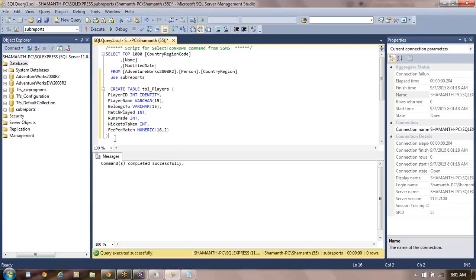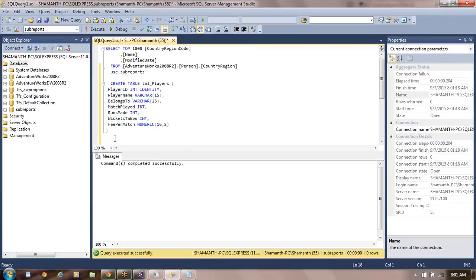After creating the table, now we should enter some data here. So the data should be in this, insert into. We need to insert some data. So for the purpose, okay, again I paste it in the chat window.